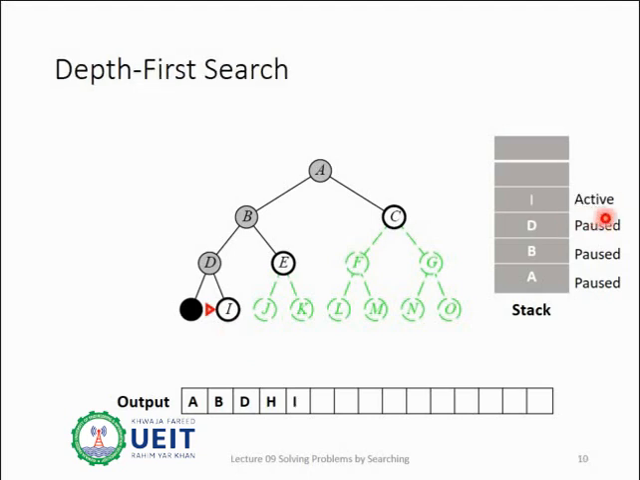I will be pushed in the stack. Once again, the algorithm reaches a dead end. As I is a leaf node, I will also be placed in the output list. As I is a leaf node, it has no children to explore, thus it will be removed from the stack and